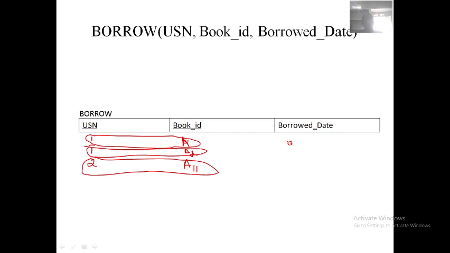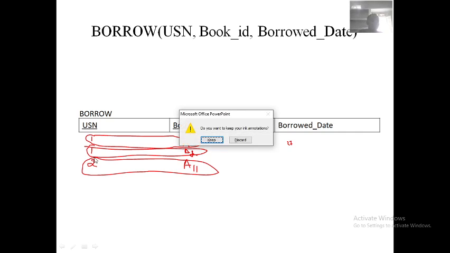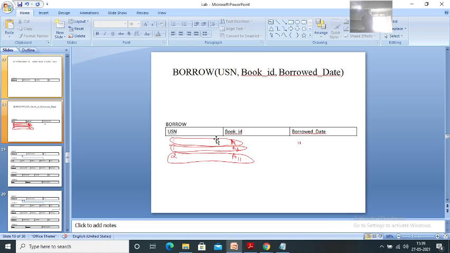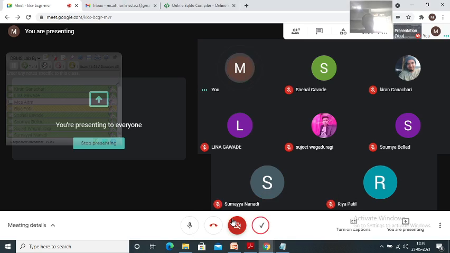Book ID is referred from the book table and USN is referred from the student table. Hope these definitions are clear. So the meaning of these tables and the schema diagrams of these tables are clear. Are these things clear, or do you have any doubts?